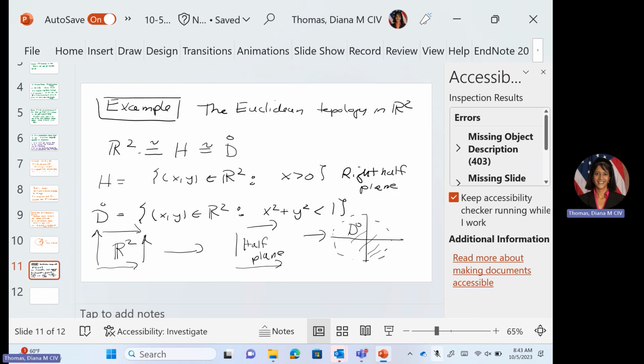What are the squiggly lines about the equals? Oh, that's topologically equivalent. So we can't say equals. They're not exactly the same, but they're topologically the same. So open sets here can be identified to open sets in here. Squishing something in R2 is the same thing as squishing something in the half plane, or inside the disk. So we have maps where it's basically the same, once you're saying pretty close. All right. So the functions that do that.